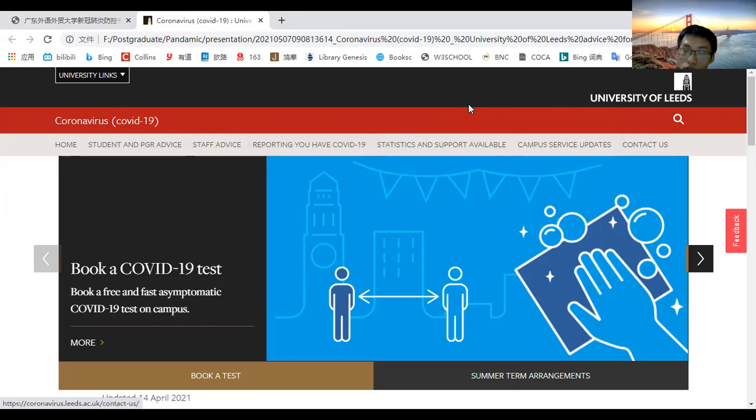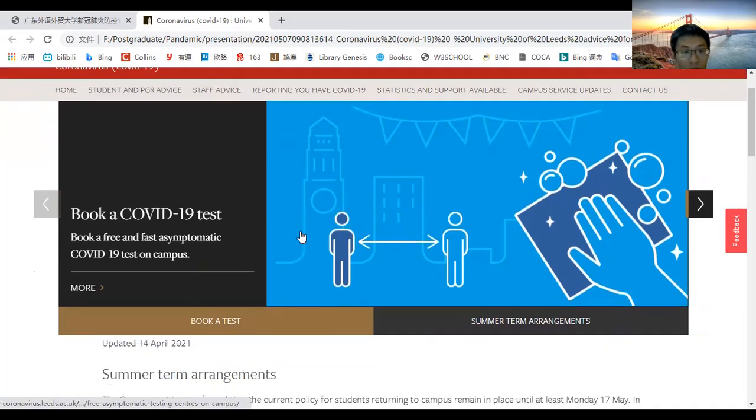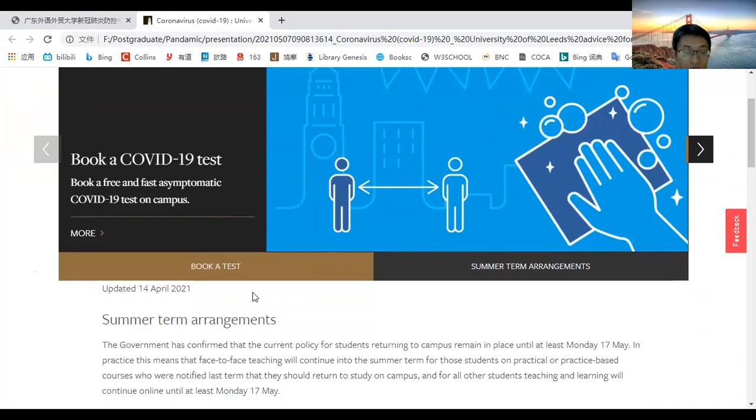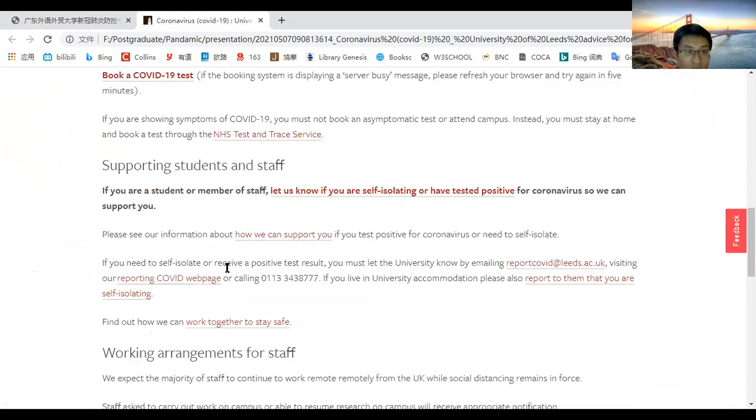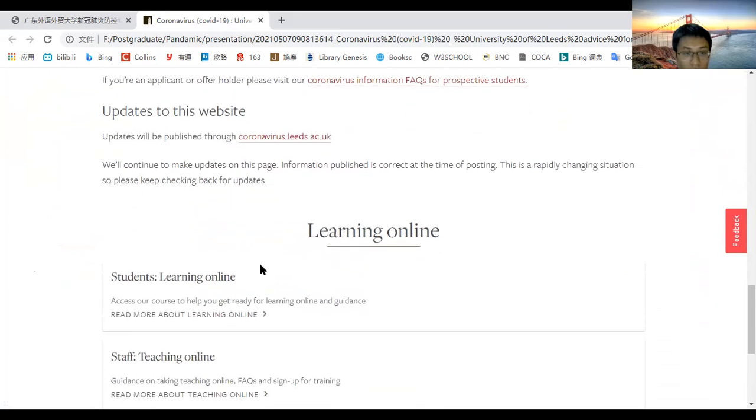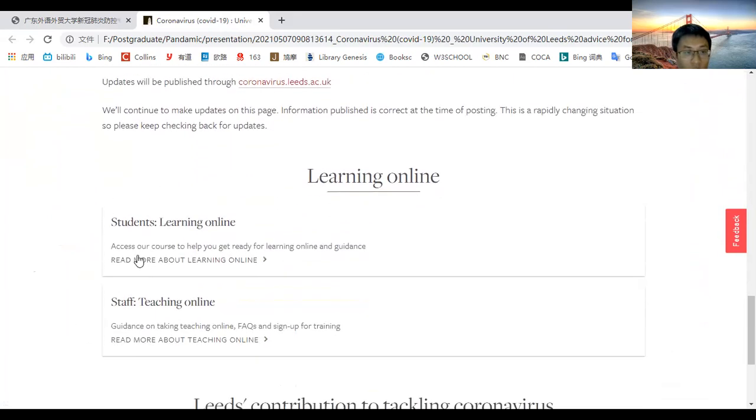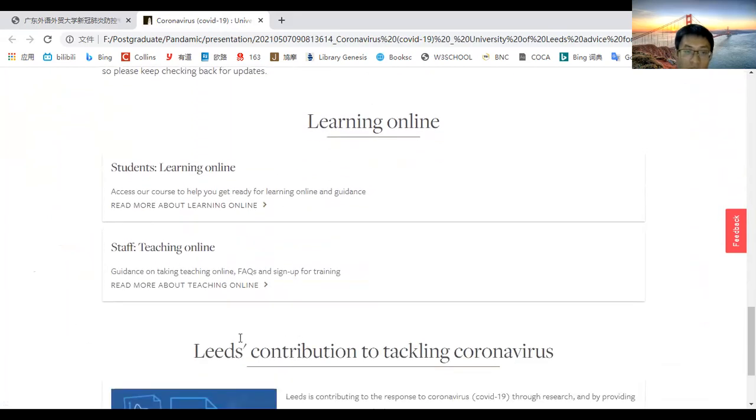And these 2 subsections are about the resources available and the updates on the pandemic and the services provided by the campus. And the last one is the content information. Below are the future-oriented contents like the booking, arrangements, and all kinds of planning. And this is the resources for the students and staff and the contribution of the university. Now come back to our